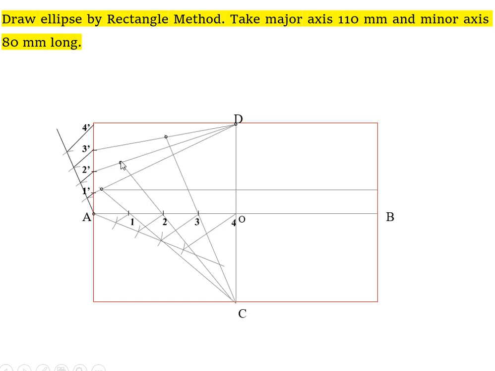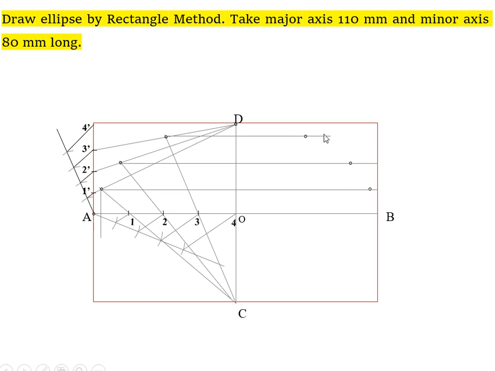Next, on each point 1, 2 and 3, draw a line parallel to XY. Take the distance from this line to this point and cut an arc in the same direction here. So another new point. Next, similarly draw the line from this point, take the radius from there, and mark another point here. Similar procedure for the other point also. So again there are 3 new points in this quadrant. So join D to B by the curve.